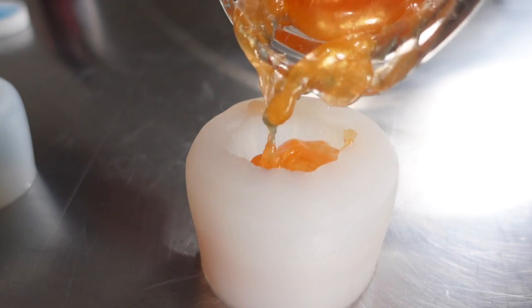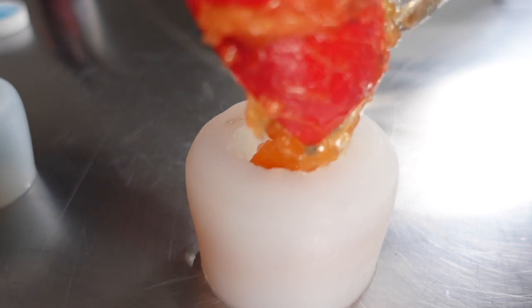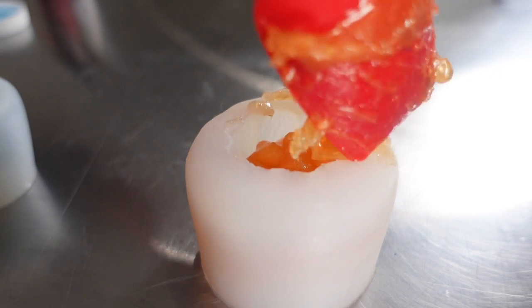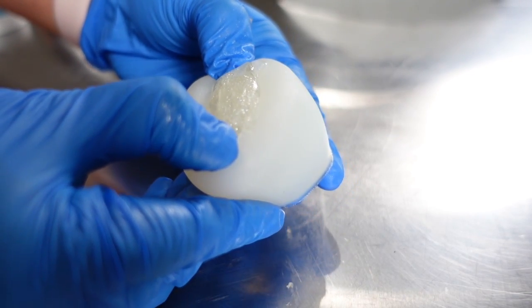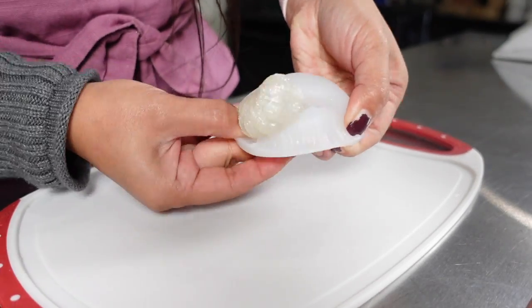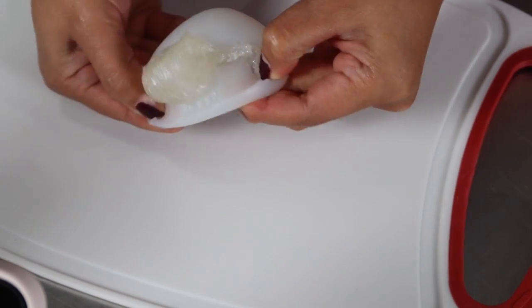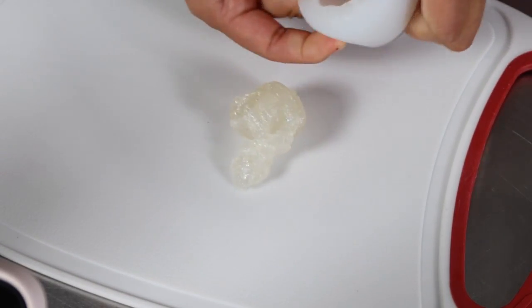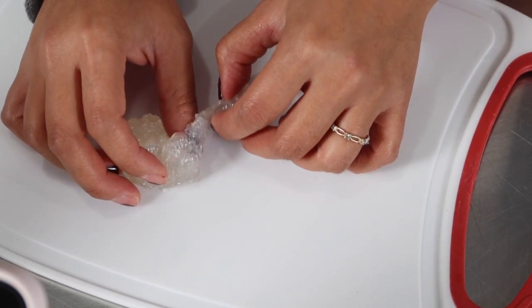To get the best results, you want to completely fill the mold in one go because the different layers will just not stick together. And I found this out when unmolding my soaps. Because I'm new to jelly soap, unmolding this felt really awkward for me and I was scared that I was going to break the soap, but I should have known that these soaps were doomed from the moment I poured it in layers. I also think I didn't wait long enough to let them set,